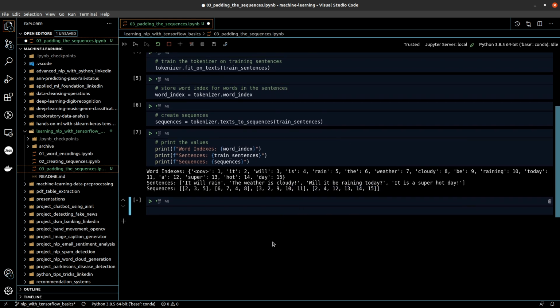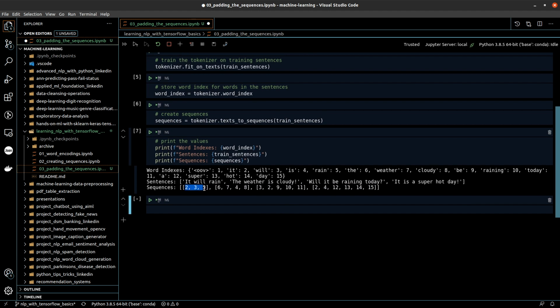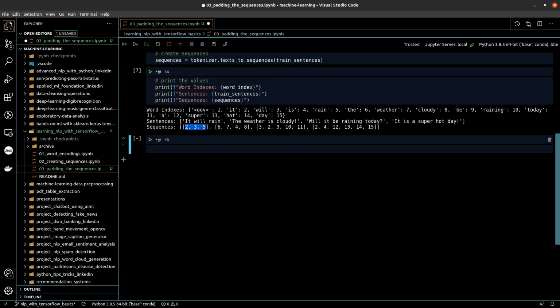As you can see here, all our sequences are of different lengths. This is a list of lists, but each list at each index is of different length. What we want is each of these lists to be of exactly the same length. To achieve that, we will use the pad_sequences function.